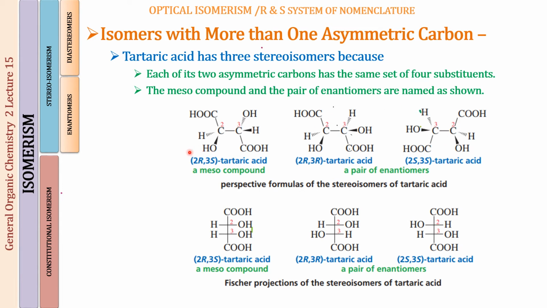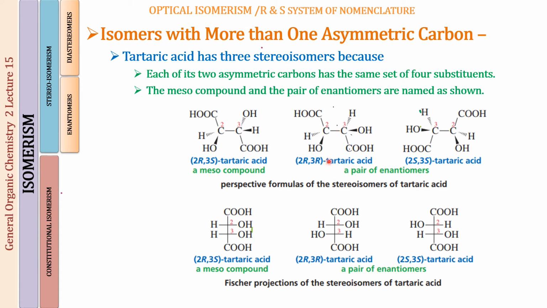So here, if you look at the names of the compounds in the wedge and dash representation and the Fischer projection of that, what you can see is the meso compound has a 2R3S configuration for C2 and C3. The second compound has a 2R and a 3R, and the third compound has a 2S3S configuration, right? So when we are comparing structures 1 and 2, what you can see is that this has a 2R and a 2R, a 3S and a 3R. One of the carbons has the same configuration and the other has the opposite. So this means that this is going to be a diastereomeric pair.